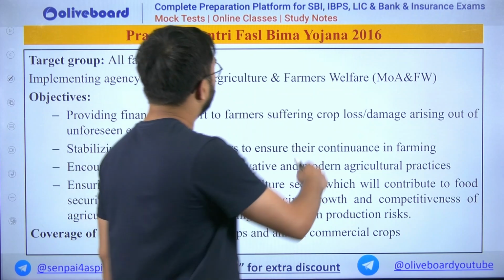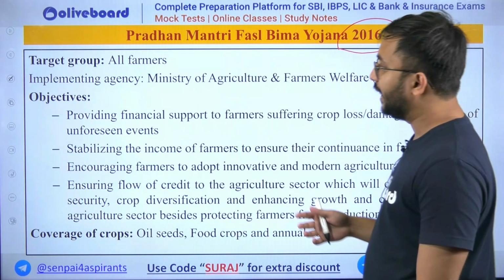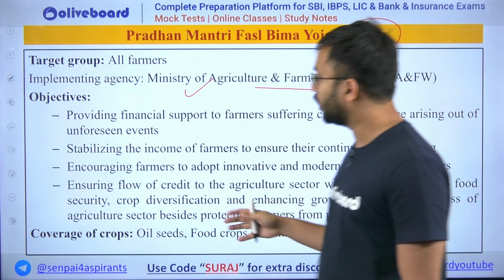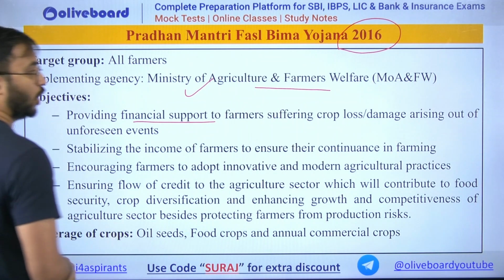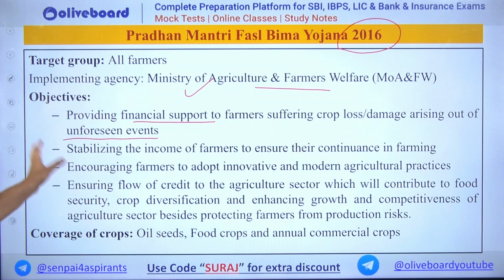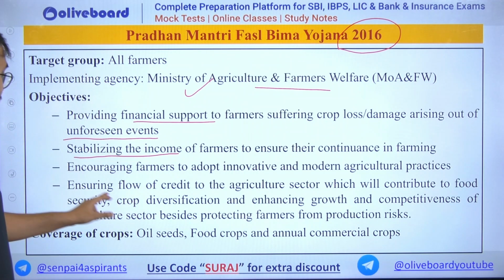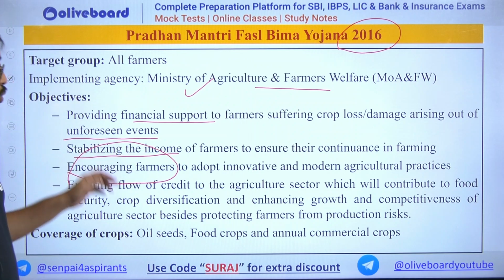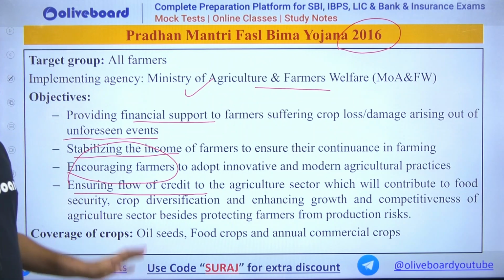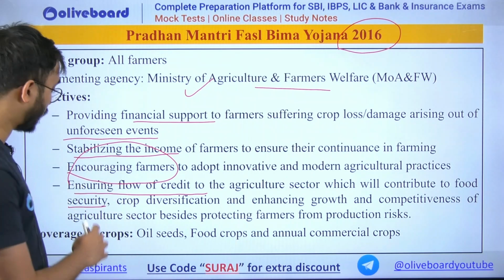Then Pradhan Mantri Fasal Bima Yojana, 2016. Here the target group is all farmers. The implementing agency, if you see, is the Ministry of Agriculture and Farmers Welfare. What are the objectives? Of course, providing financial support to farmers who are suffering from crop loss and damage arising out of unforeseen events, stabilizing the income of farmers to ensure their continuance in farming, encouraging farmers to adopt innovative and modern agricultural practices, ensuring flow of credit to the agricultural sector with contribution to food security,